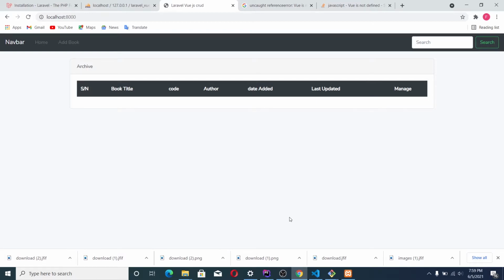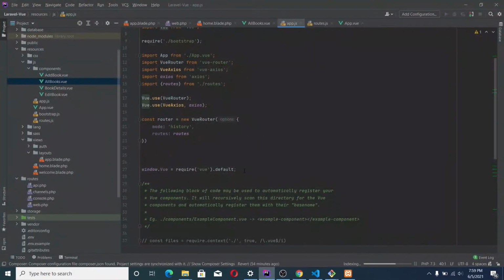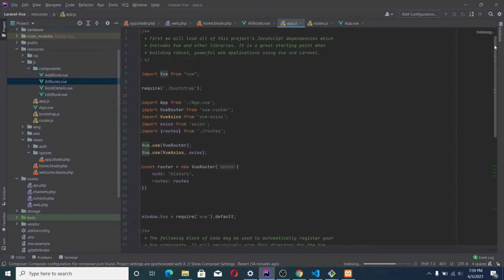Okay, so we forgot to import view at the top right here. So at the top here, we forgot to import view.